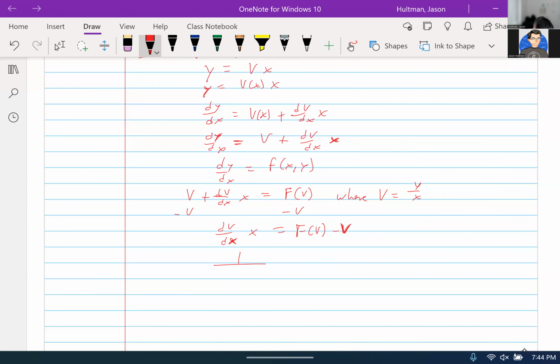This would be 1 over f of v minus v times dv is equal to 1 over x dx. So I just divided by x, multiplied by dx, basically got that guy to the other side. Took the reciprocal of x and forced them on the other side. And then f of v minus v,